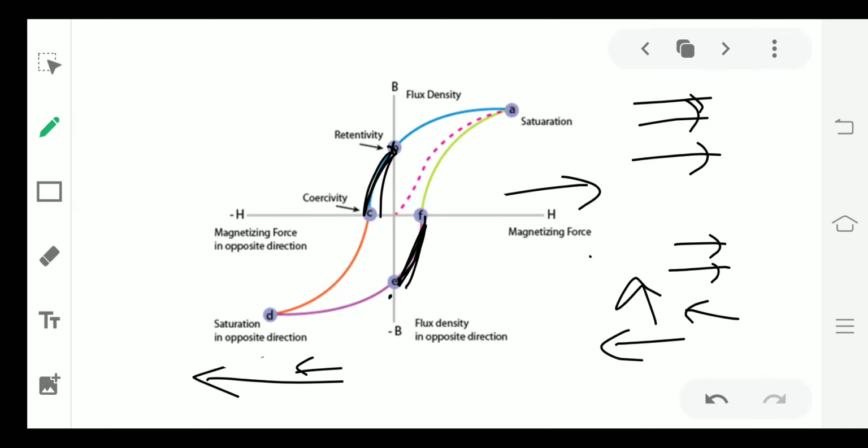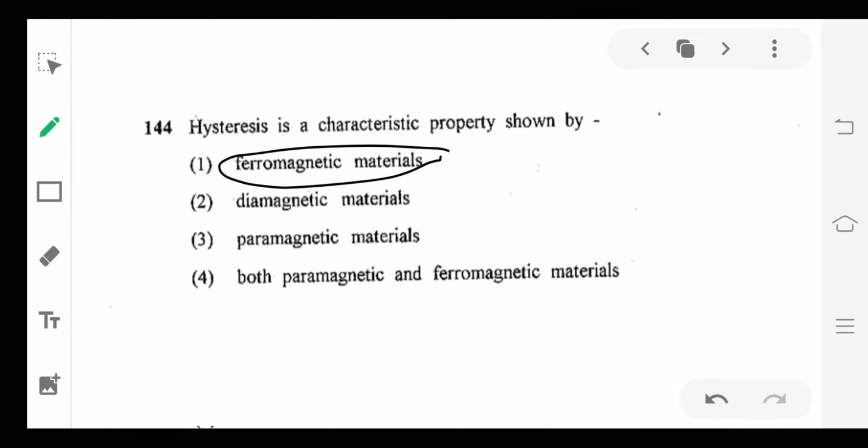magnet. For electromagnets, it is necessary that it should become zero, because if we have a greater retentivity, meaning a greater number of these magnetic poles align themselves in this direction, then a permanent nature comes into play. So we don't want any permanent magnet in the case of electromagnets. We have to remove this retentivity, so we apply this force. So this is the property of ferromagnets.